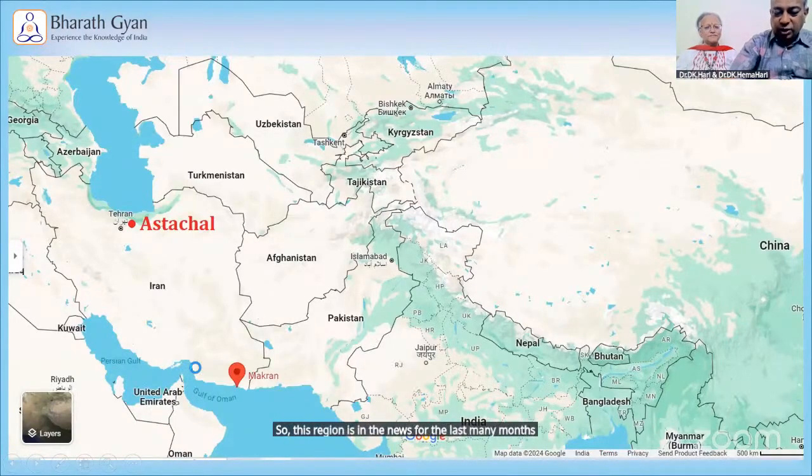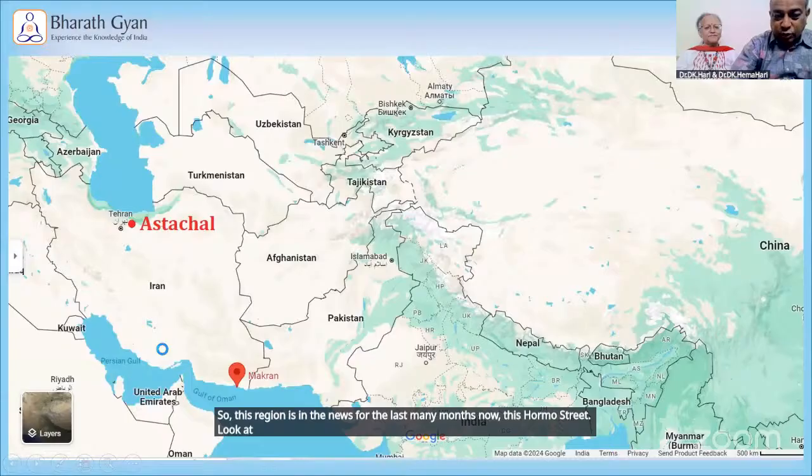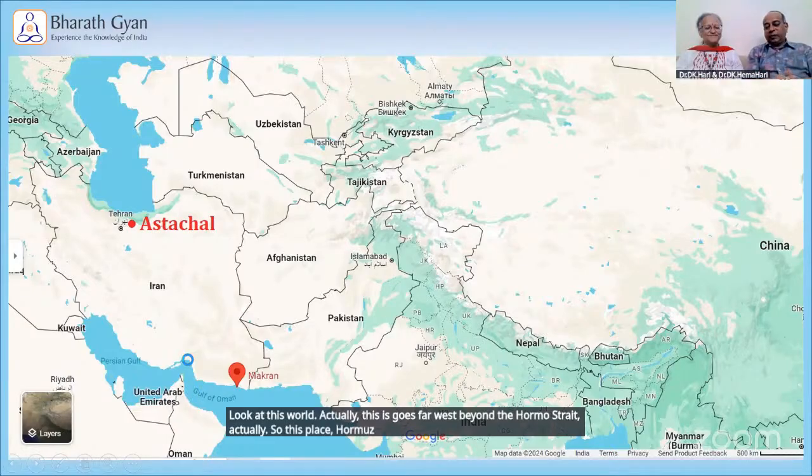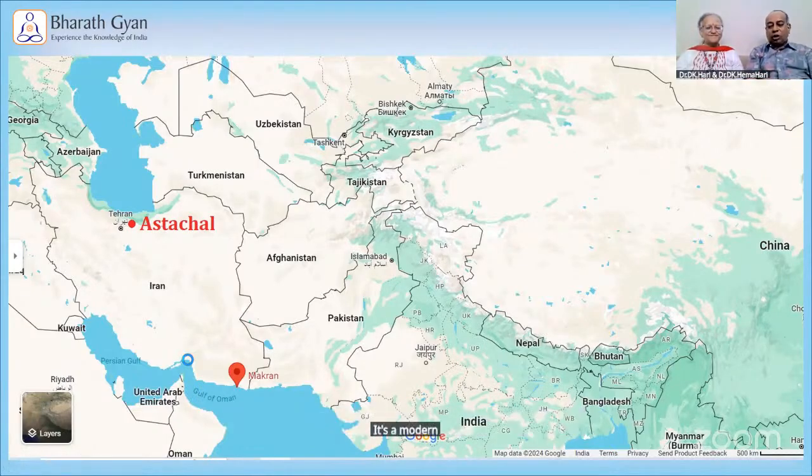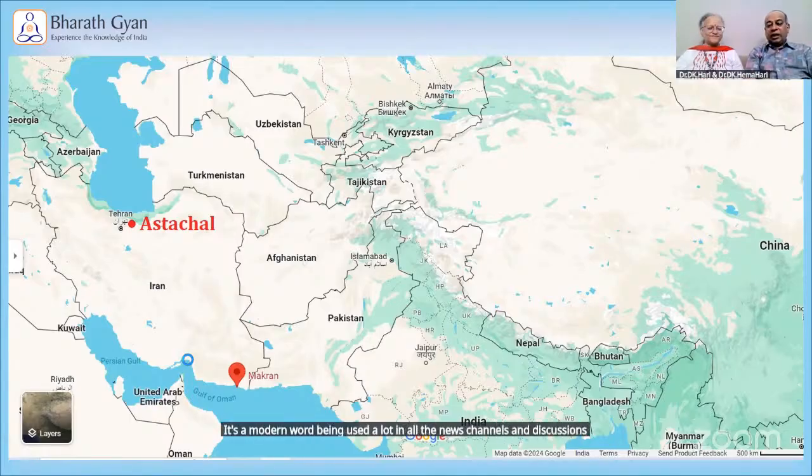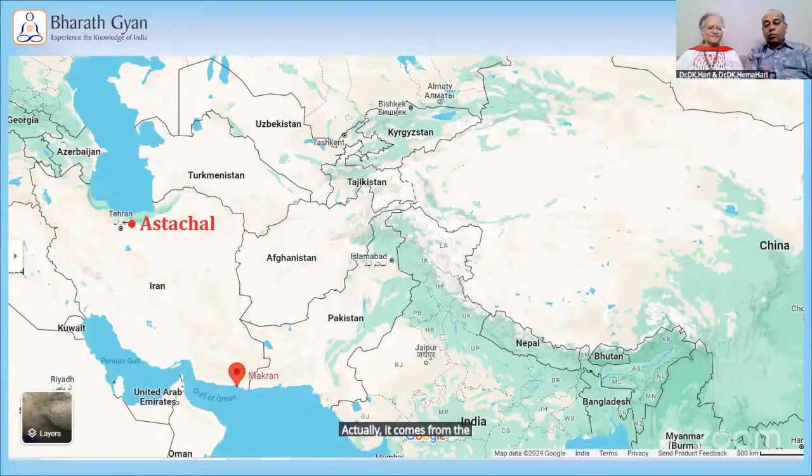This is the Hormuz Strait. Look at this word. Actually, Astachal goes far west beyond the Hormuz Strait. This place Hormuz is a modern word being used a lot in all the news channels and discussions. Actually, it comes from the term Ahur Mazda, who is the Paigambar, the prophet of